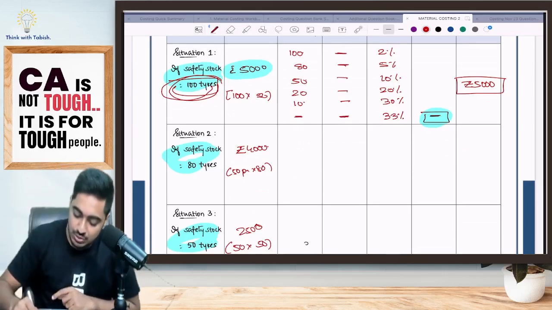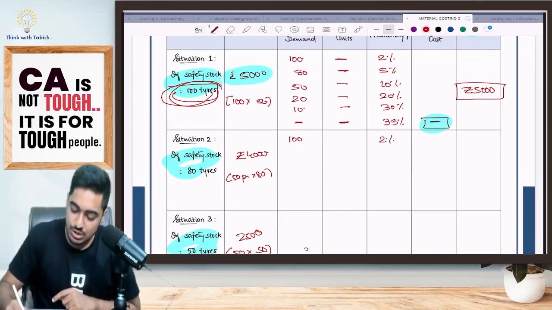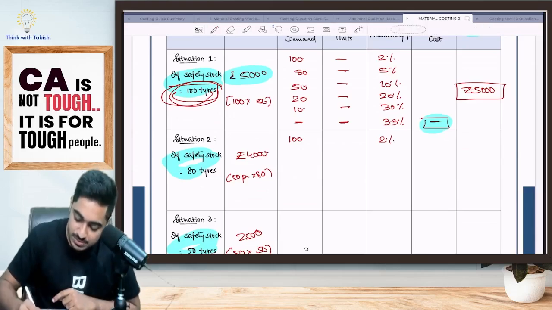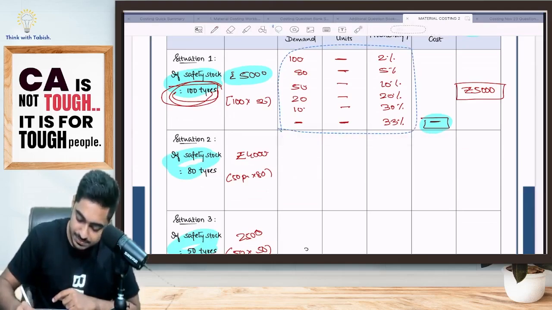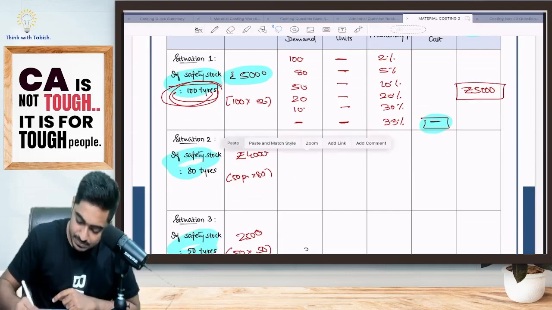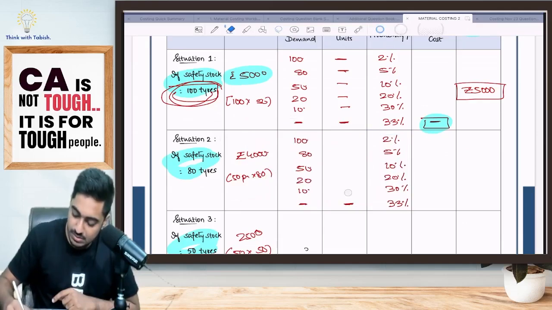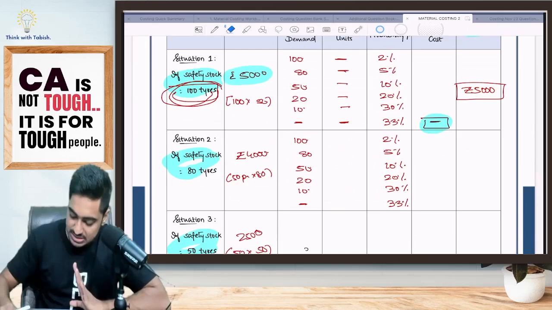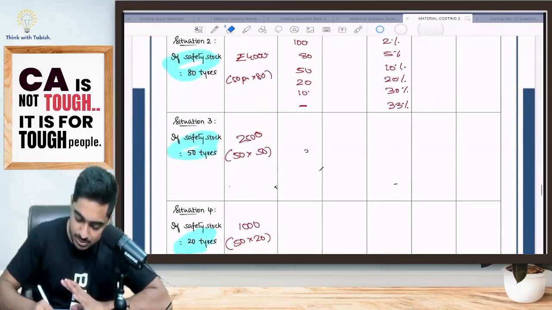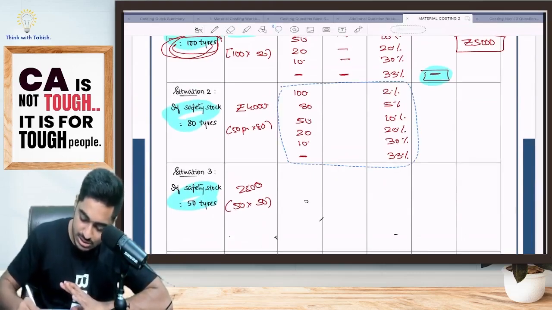You are the customer. You can come and tell, give me 100 tires, boss. How much percentage chance is there? 2% chance is there. Let me just copy this. Yes, you can come and tell me that, boss, 100 tires I want. How much percent chance is there? 2% is there. Let me just copy these possibilities everywhere, just a minute, students, so that I need not keep writing it always.